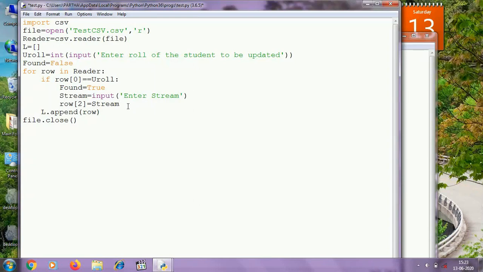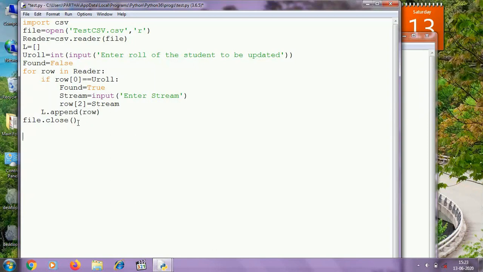And after the if condition, after the if block, I am appending this record to the list L. That means if match occurs, we are changing the stream, and after that we are appending the record. Otherwise we are just appending the record. So list contains all the records as well as the updated record.